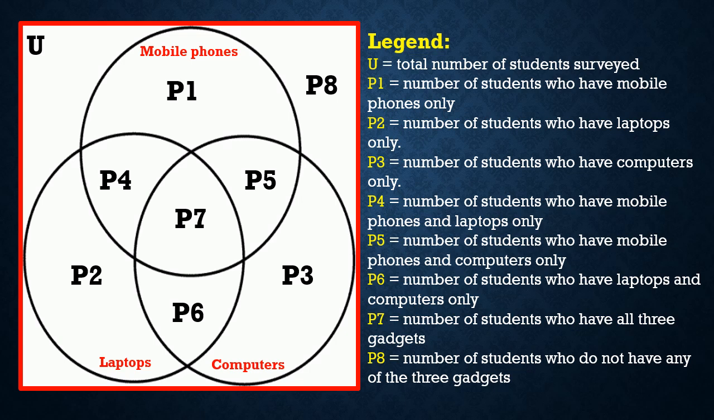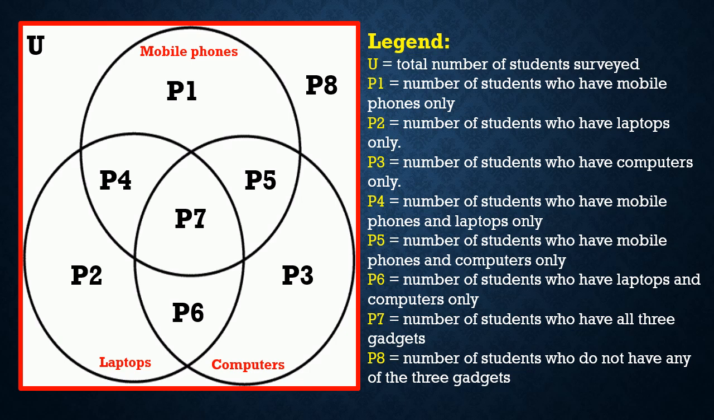P4 naman, number of students who have mobile phones and laptops only. P5, we have number of students who have mobile phones and computers only. And then P6, the number of students who have laptops and computers only. So, ito naman yung mga 2 gadgets ang available sa bahay. Nasasagot sa letter B. And then P7, yung pinakagitna,